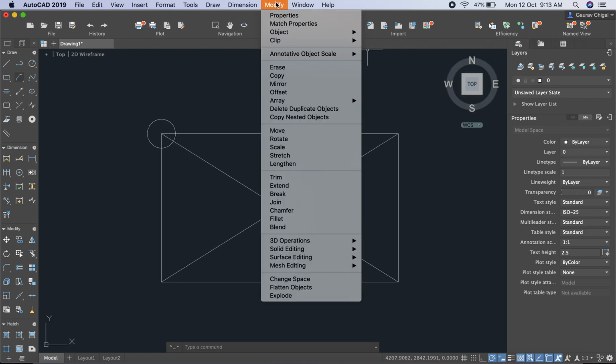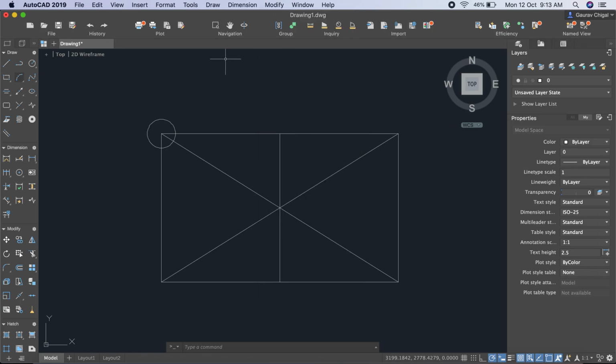Moving on to another command of modify, that is called trim. The trim command is very useful when you have to remove the unwanted entities in the drawing. Like, your drawing requires a minimum number of lines, then you have to define that much amount of lines. So you don't delete all the drawing, but you trim some of the entities so that your drawing can be completed in all respects.